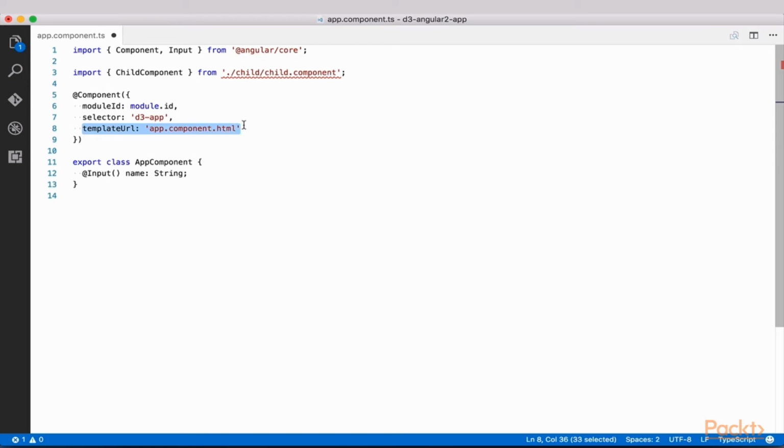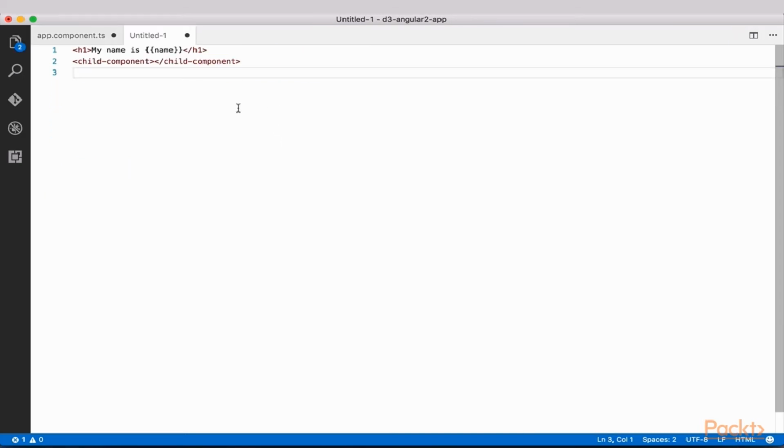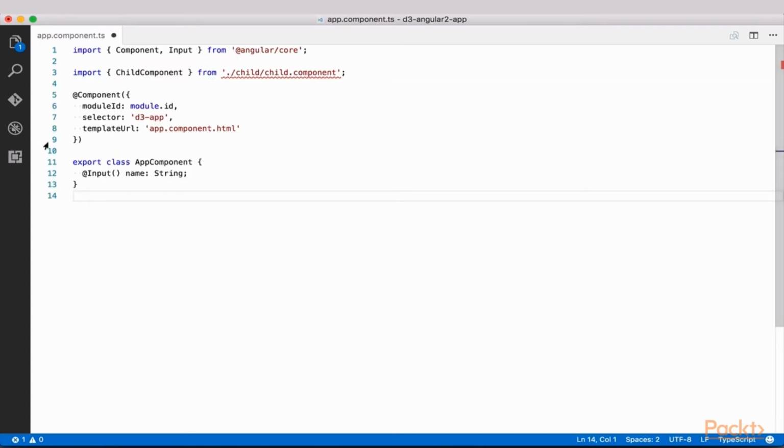Here you simply declare the relative path to an external template and place your HTML in that template. As you see, we now have rich IntelliSense as well as auto-completion. Notice the other metadata property that we added, module ID. This is very important and is what allowed us to use a relative path rather than an absolute path to